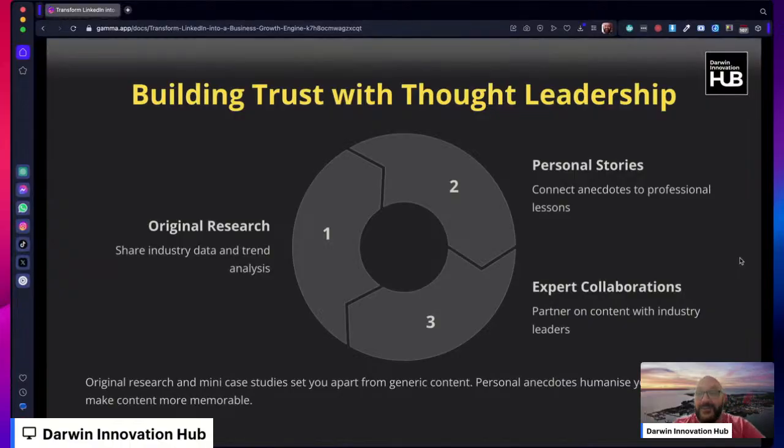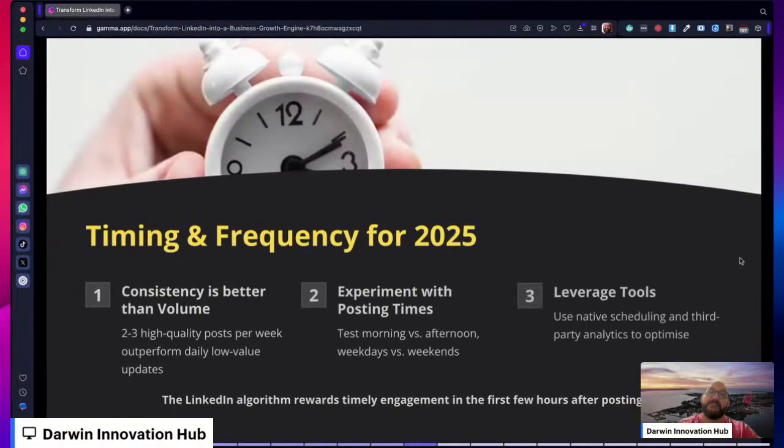It might be my media background, having worked in breakfast radio shows in regional Australia for many years. But that's the point. People like to connect with people, and they like to see people connecting with other people. When it comes down to when to post, I'll only say that consistency is much better than volume. So 2 to 3 high quality posts per week is definitely better than producing 3 low value updates a day like